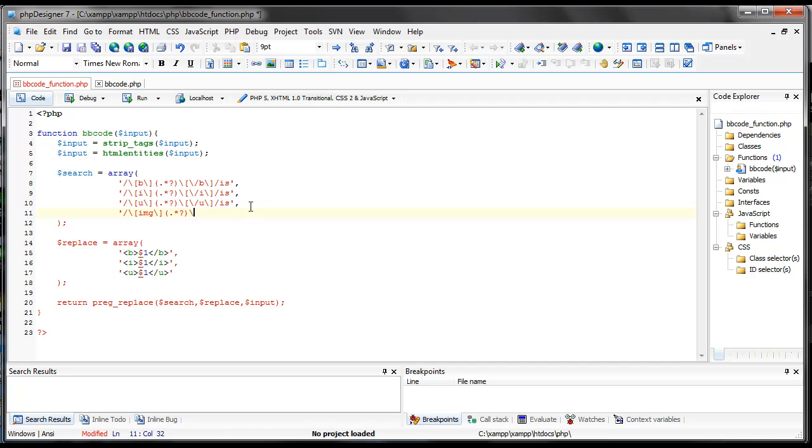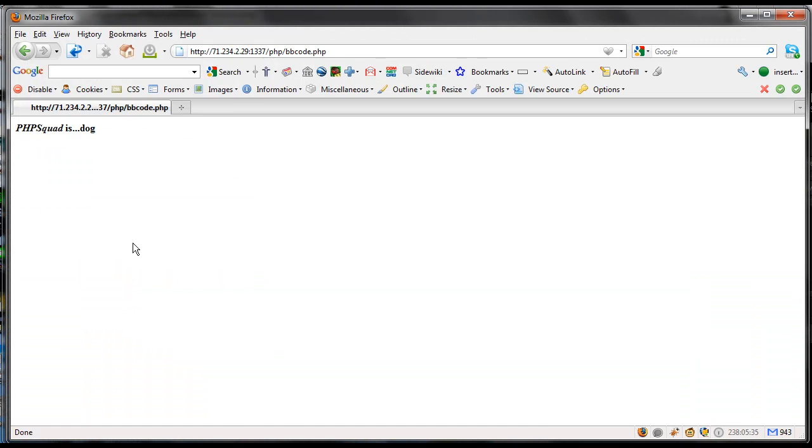Oops. And then close the image. Like so. And then we go here and just do image source equals, then we could do 1, just like that. So let's go search for an image on Google,